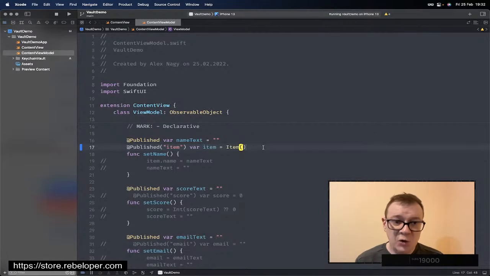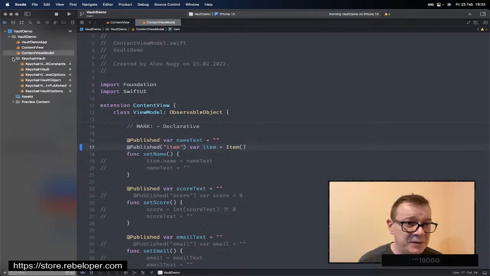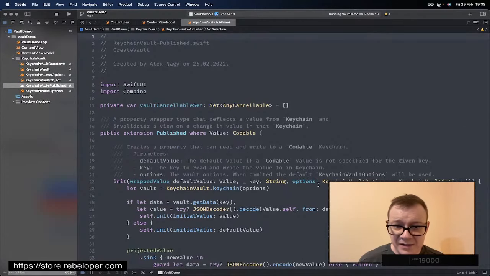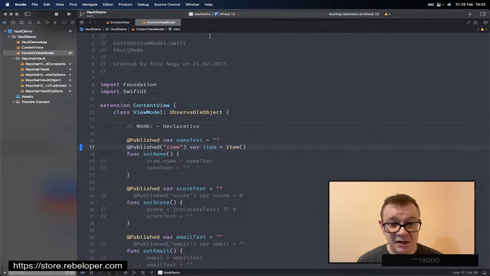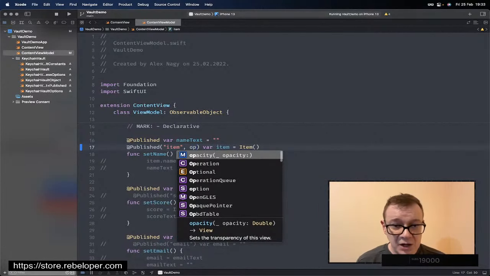Just want to go at published, just add a name for your key value pair in the Keychain, and then var item equals item. And that will use the default Keychain. Of course, you can just type in here store, I believe that. Let me just go into our published variable right over here, and yeah, it's options. So we want to go and select, as you can see, it's really nicely documented. So we just go options,